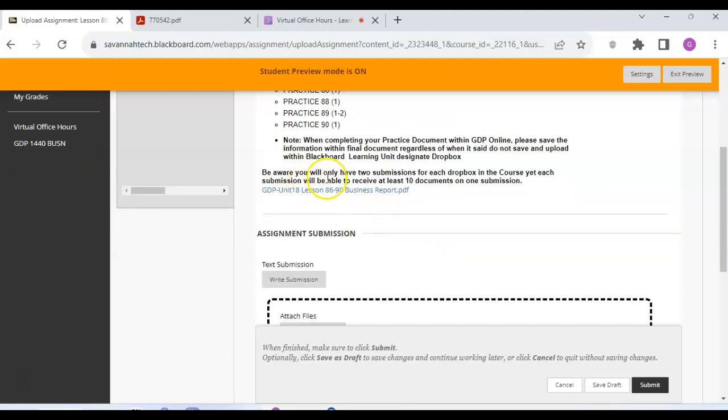Be sure you will only have 2 submissions for each Dropbox in your course, yet each submission you can receive at least 10 documents on one submission. But here's the report once you have typed it up, submitted in GDP, made all your corrections, and got a grade for it. You need to compile it to one document, and it